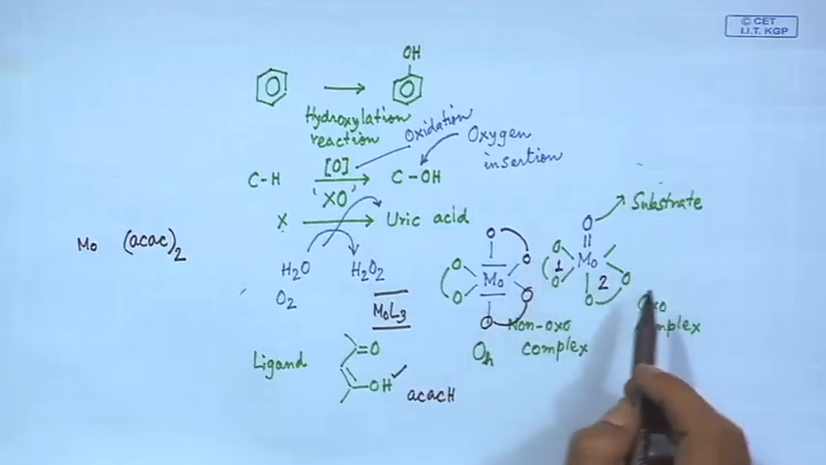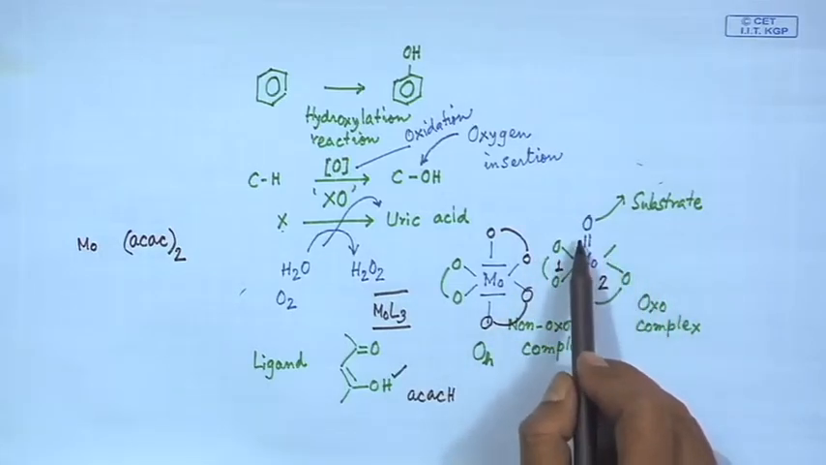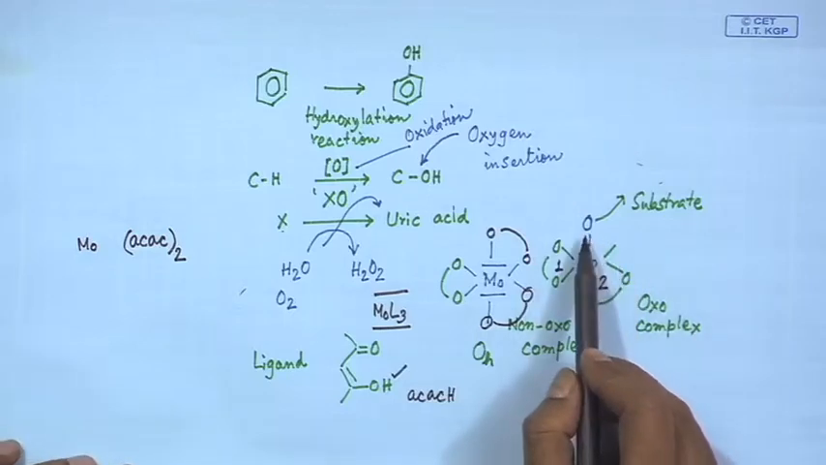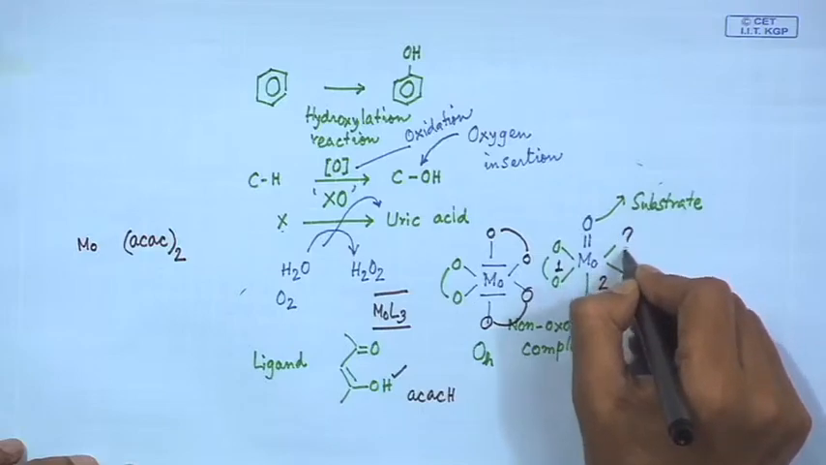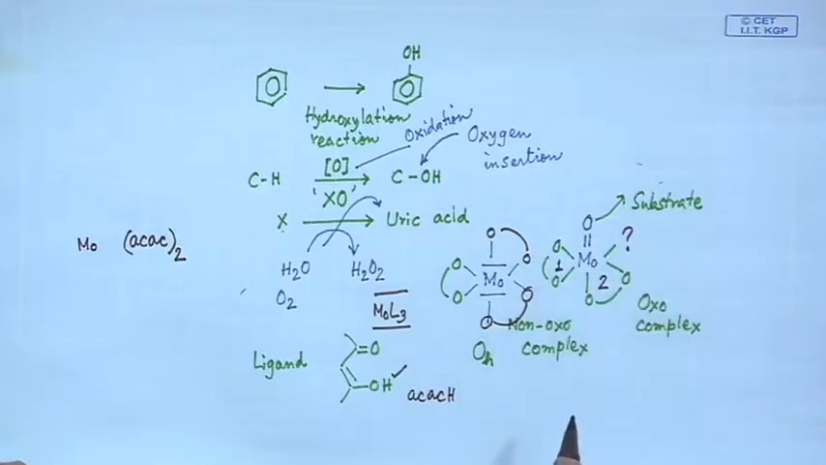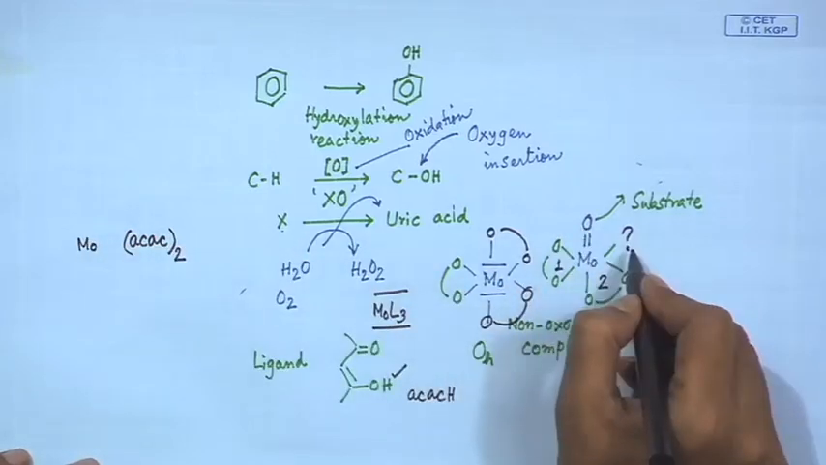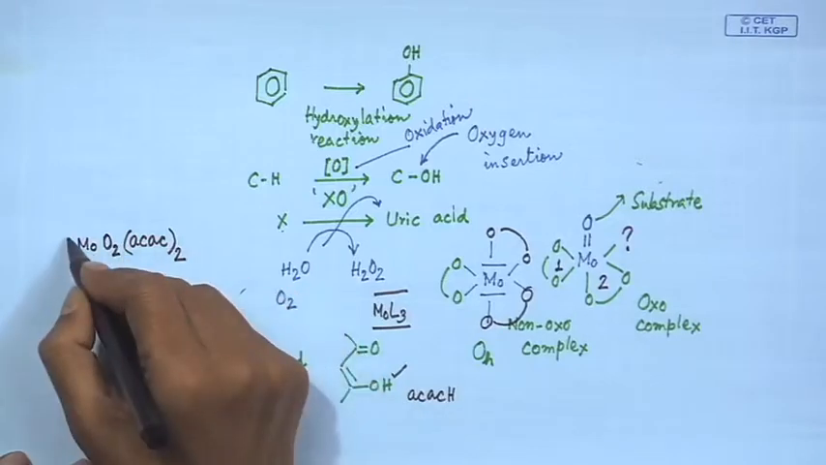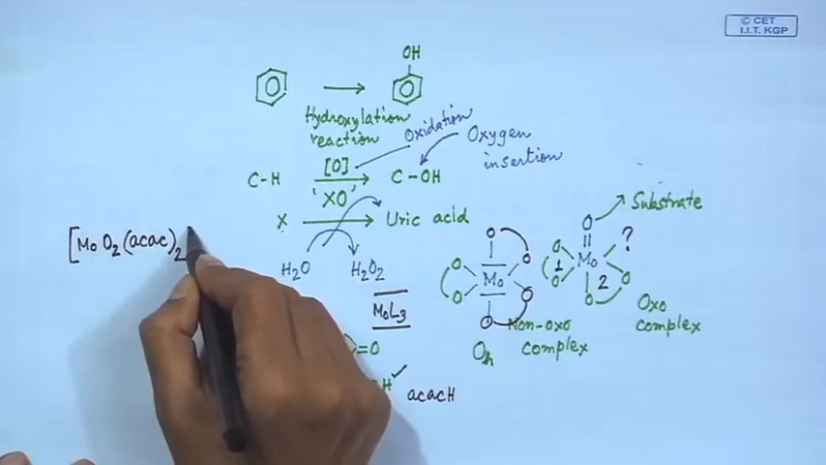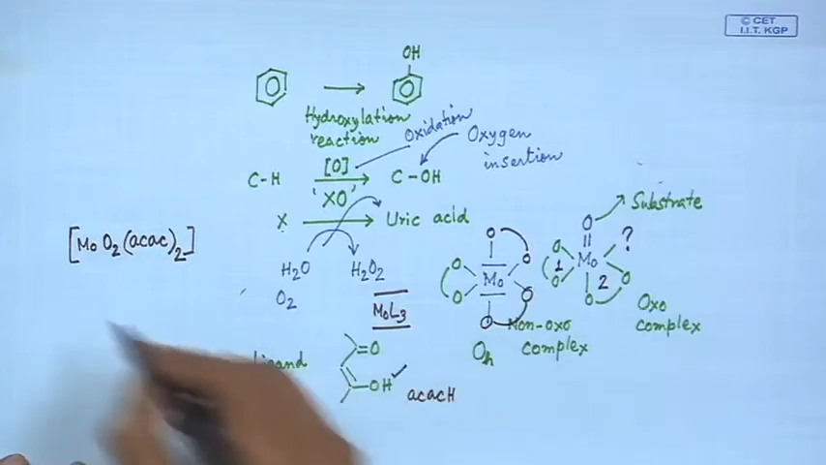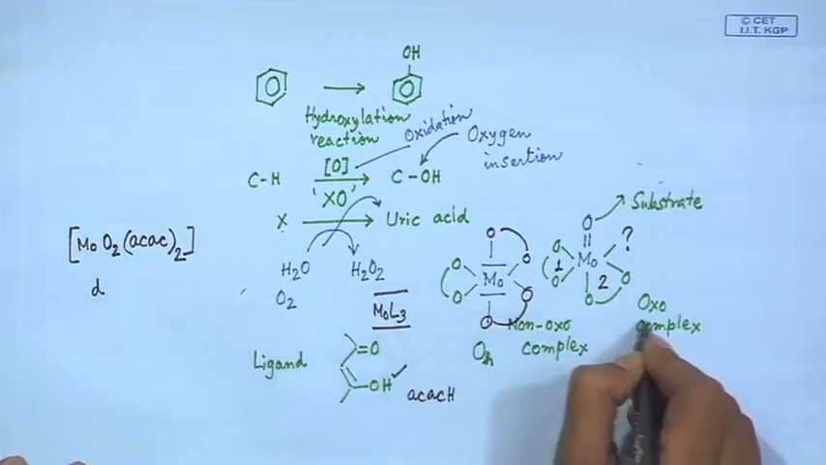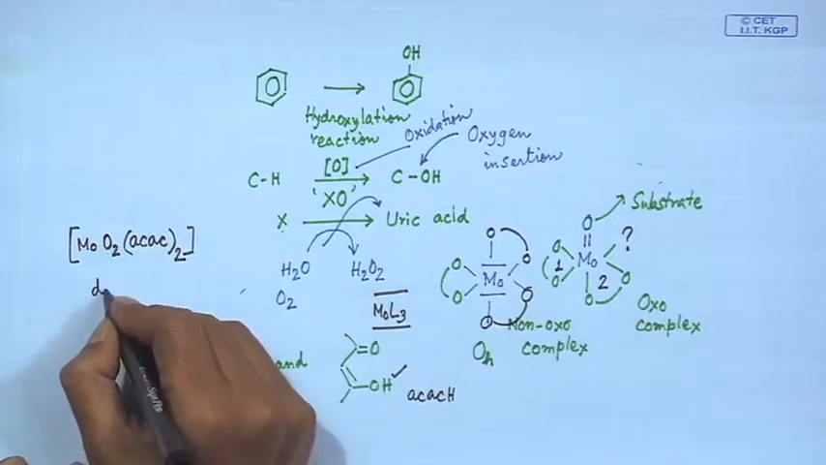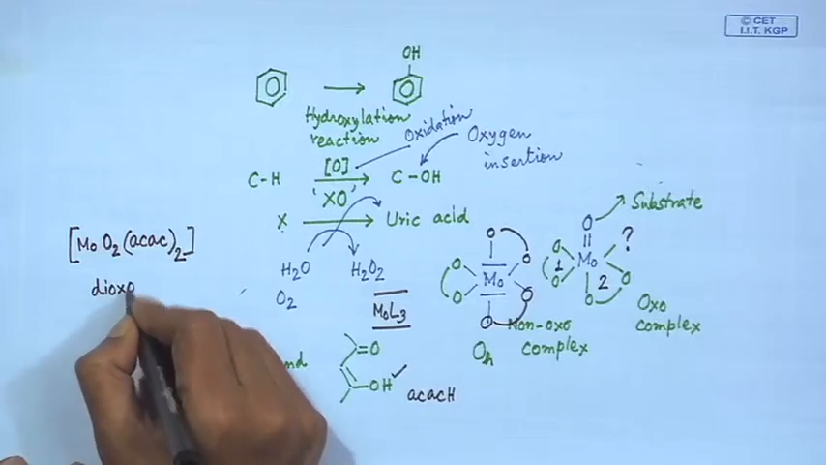We are very interested to know how the molybdenum is interacting with the dioxygen molecule and is sitting there nicely. So, this particular position is also very much useful. If these 2 positions are occupied by oxygen itself, we get a corresponding compound which is MoO2(acac)2, and we call it a dioxo